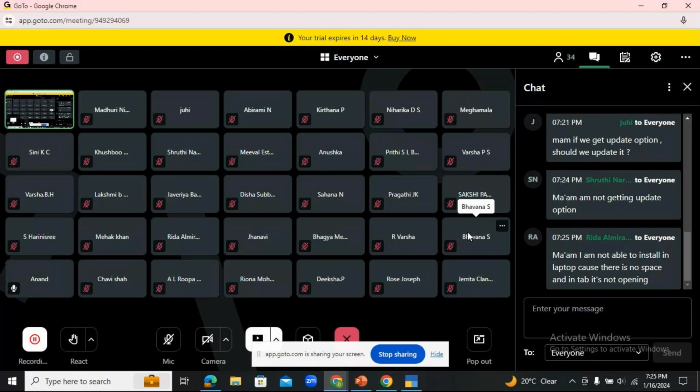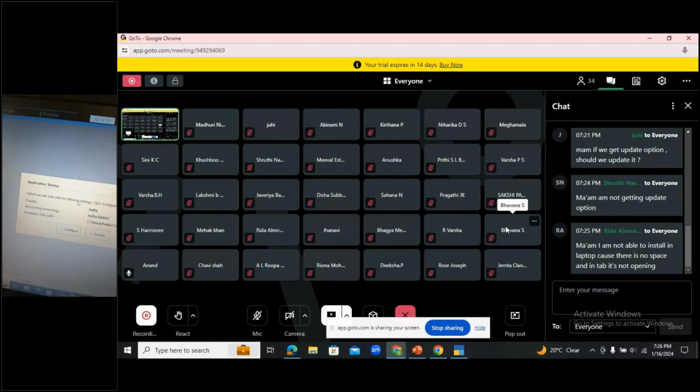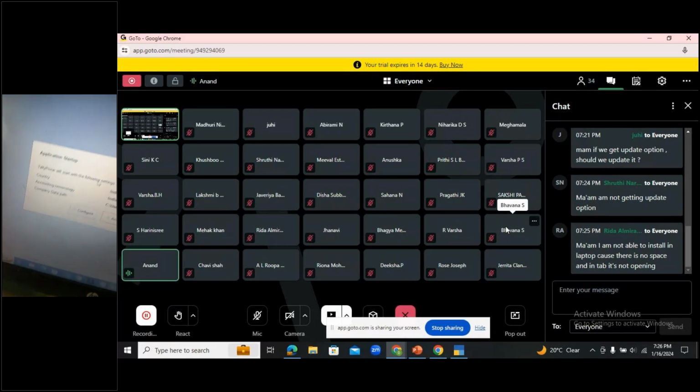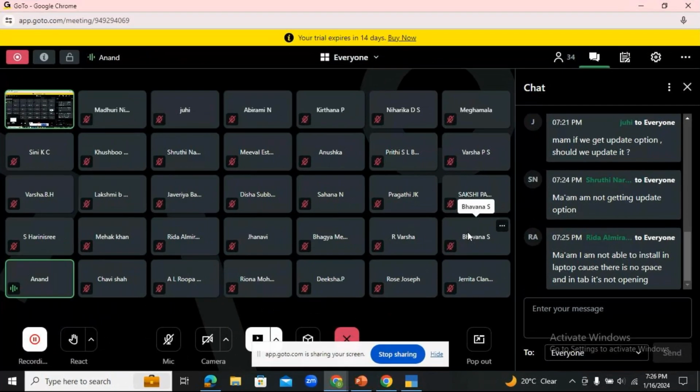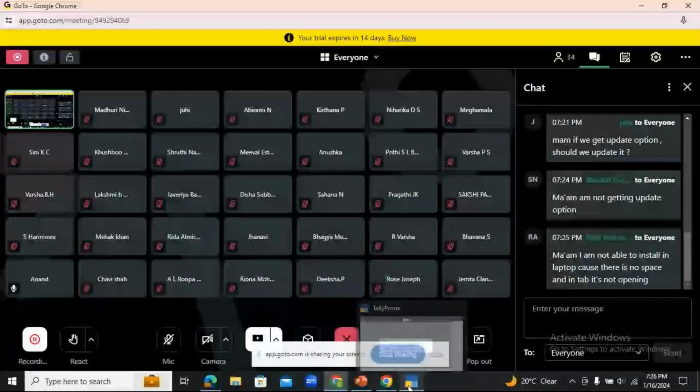So just press Control A. Once you get the configure and settings, go to configure. Just press Control A and make sure you get this dialog box as continue educational mode, and the ones which I have showed you just now. If you are still unable to get it, you can share your screen. See, this is the screen which you need to get.